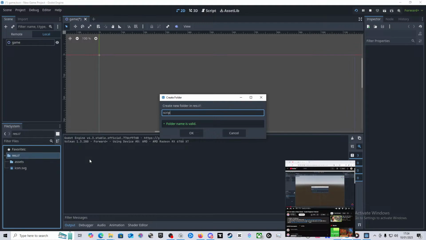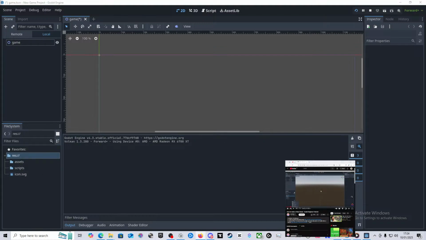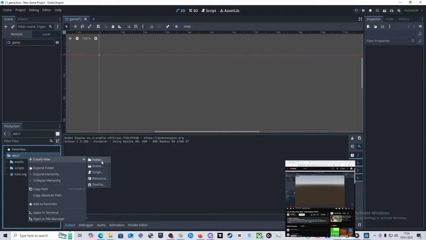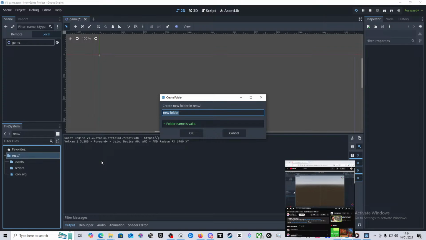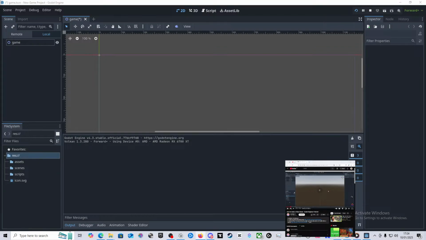It was scripts, wasn't it? And scenes, which we can use later. Now we can simply drag and drop our assets into the assets folder.